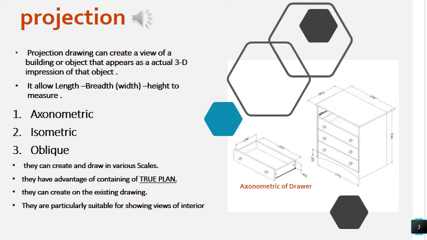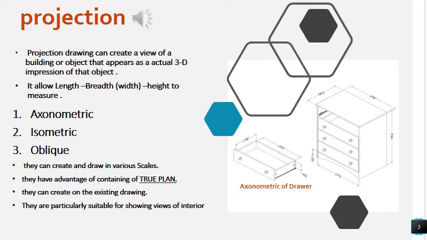These are the three basic projections which show the view of the object, and they have four base rules, which we are going to discuss. They can be created and drawn in various scales. You can draw it on one fourth scale, half scale, 1/8 scale,